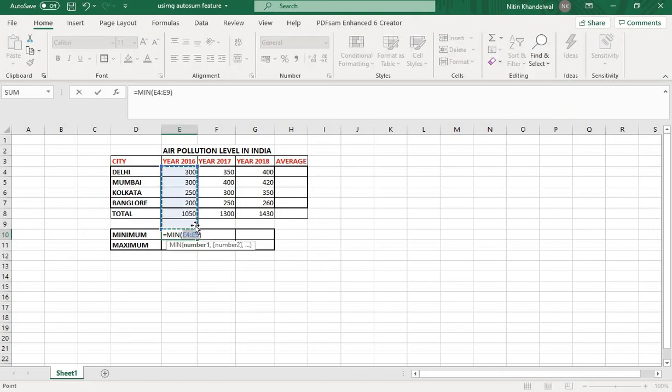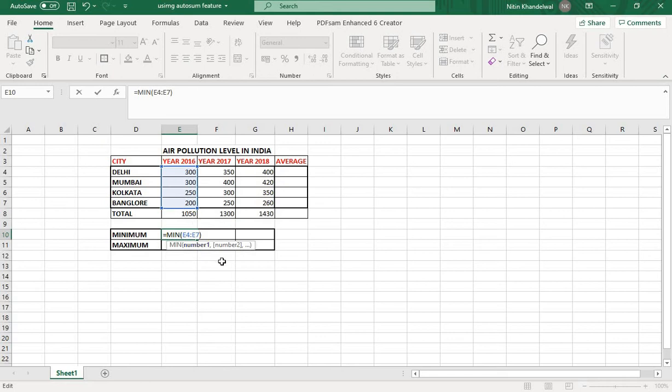Now the range is given, but I want to modify this range. You only have to change it to E7 here, because in E8 there is a total, and I don't want the total. I want to find out the minimum of Delhi, Mumbai, Kolkata, Bangalore in the year 2016.